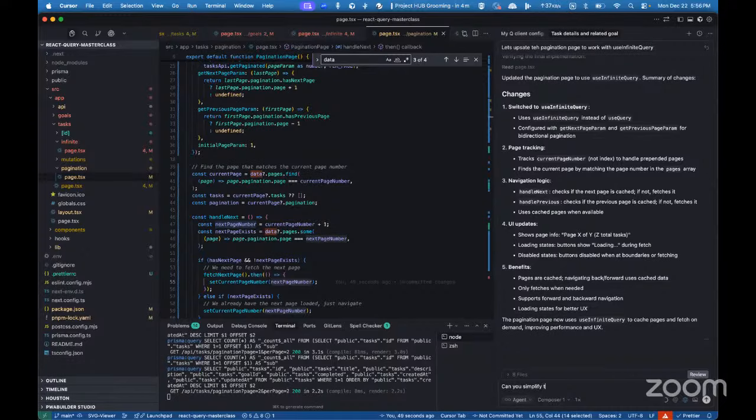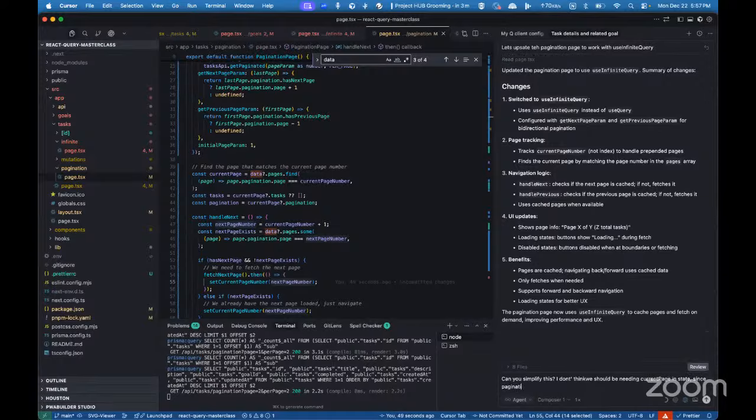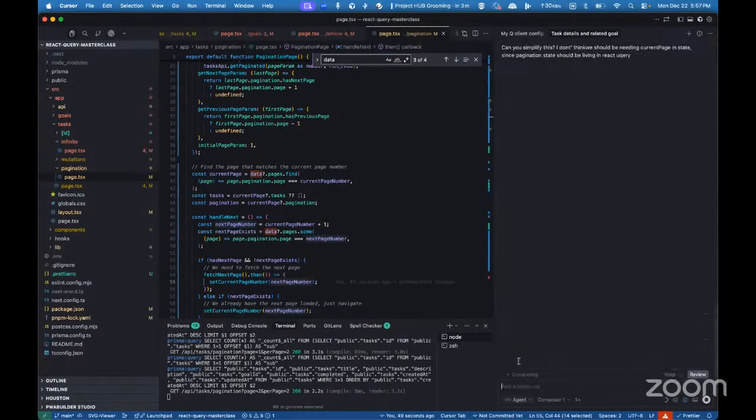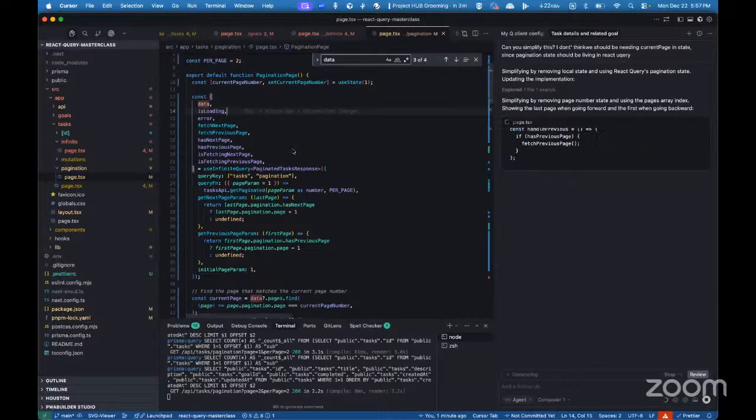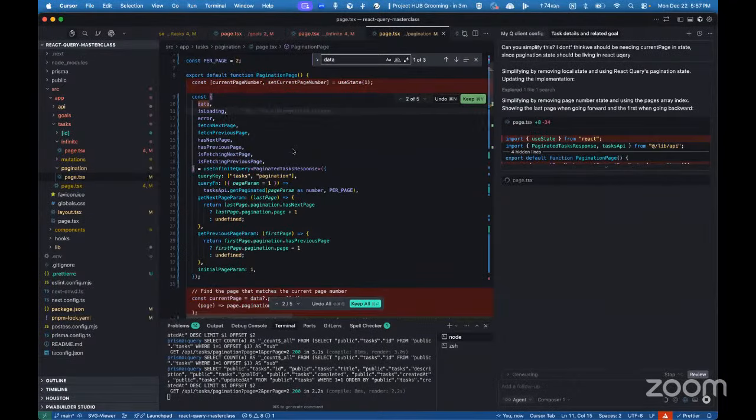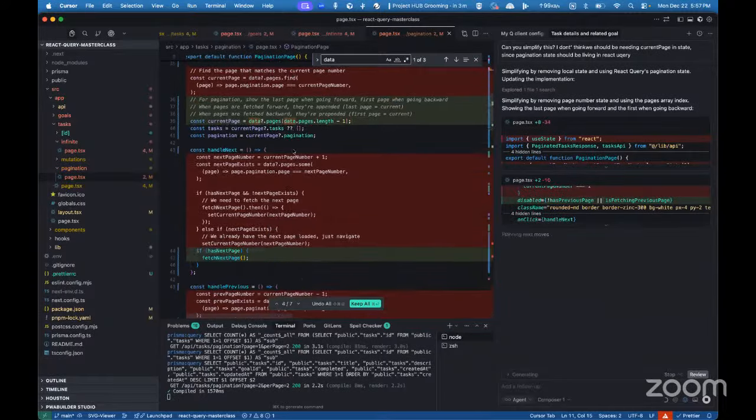Can you simplify this? But like we can do this, थोड़ा सा सोच के। बेसिकली हमने अगर सेट करंट पेज और करंट पेज की स्टेट इनिशियल नहीं देनी पड़ेगी उसको, क्योंकि उसे ये तो बताना पड़ेगा कहाँ से स्टार्ट करना है, फर्स्ट पेज पे, या जिस तरह हम उसमें बता देते हैं कि 2 रिकॉर्ड्स आने हैं या 5 रिकॉर्ड्स आने चाहिए। तो ये कंफर्म मैं करना चाह रहा हूँ कि जो अभी आपने कहा था,